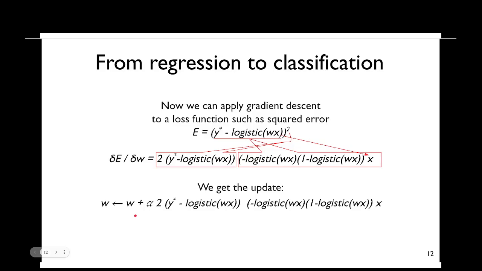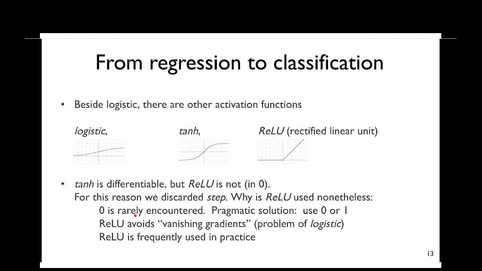Okay, so that means we have now turned the simple regression problem into a classification problem where we get values close to 0 or close to 1 depending on whether it's the one category or rather the other. And as we mentioned in the introductory slide, there are other activation functions similar to logistic, like tangents hyperbolicus. It has the range of 1 and -1, and it's also such a sigmoid shape as logistic. But there is something that looks a little bit more like step, and that is widely used, which is the